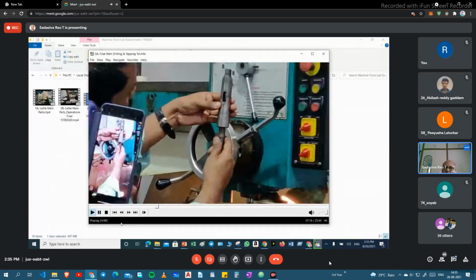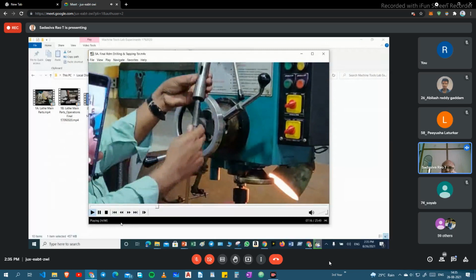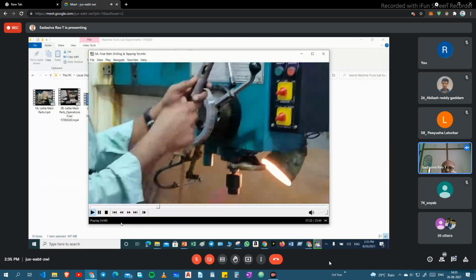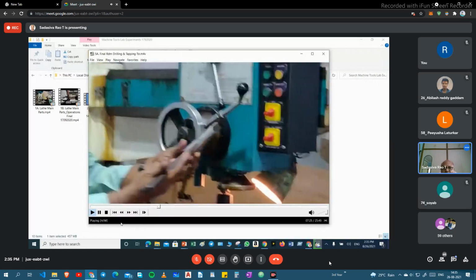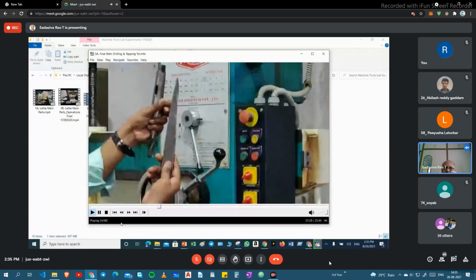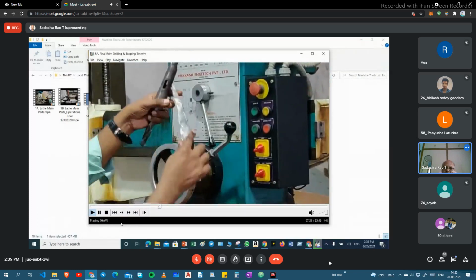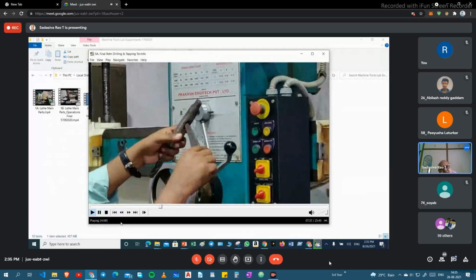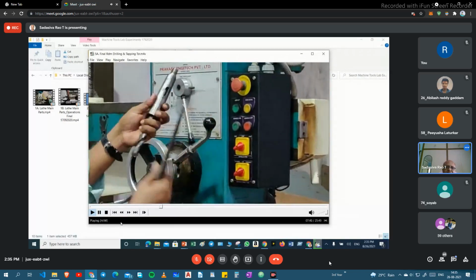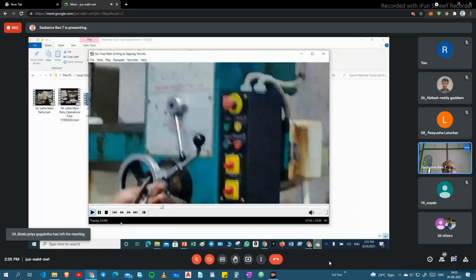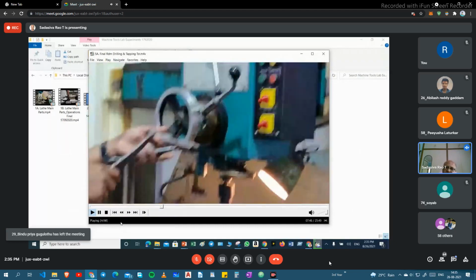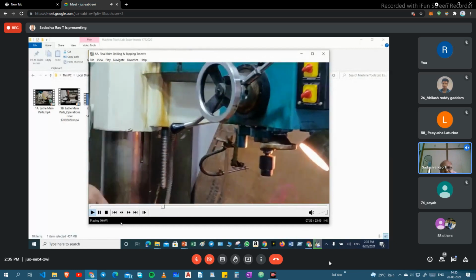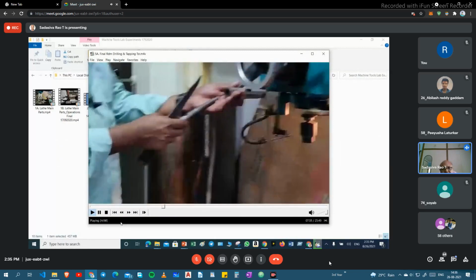See here. Okay? Here the whole purpose is, when you are fixing the drill bit into this sleeve, if you want to remove it, in this hole you have to put one drift. This one is called a drift. This side is the straight section, this side is the taper section. Like this you have to insert. Automatically it will come out. Okay? This is a taper shank drill bit, this is a sleeve. And all types of sleeves, all types of drills, and the spindles of drill machines are made with both tapers. Okay? Right? So this is about drills. Okay?